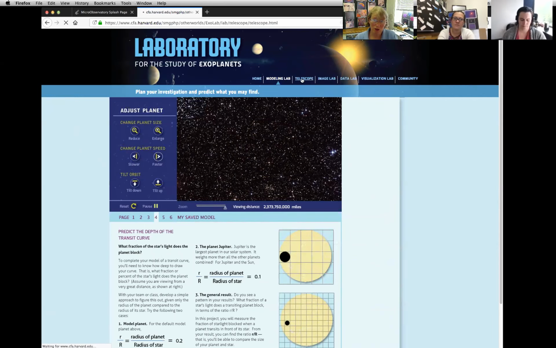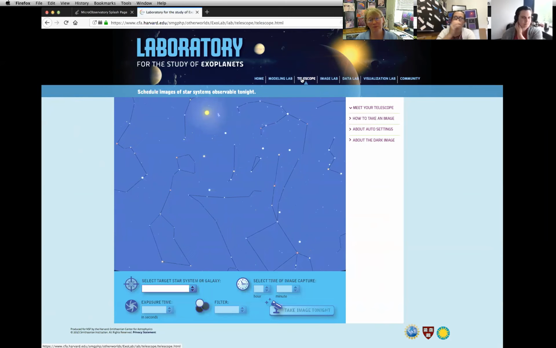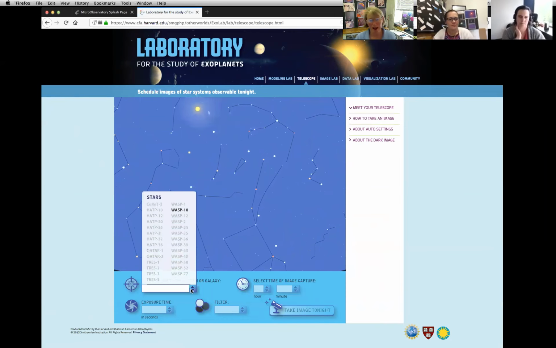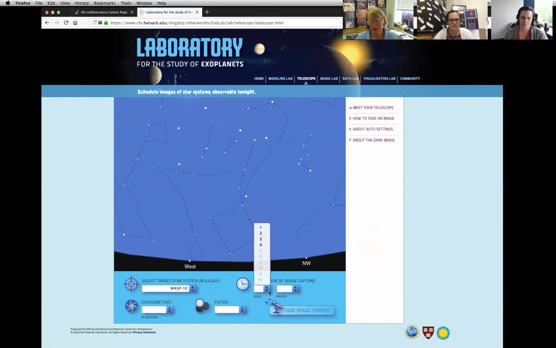So to take images, again, as I mentioned, we have on average a hot Jupiter available every night. Tonight we have WASP-10. You can see we've got a couple of dozen target stars, and so I'm going to request WASP-10, and you see that we're observing it over a period of 4 hours here. And so as a teacher, once I request a single time slot,